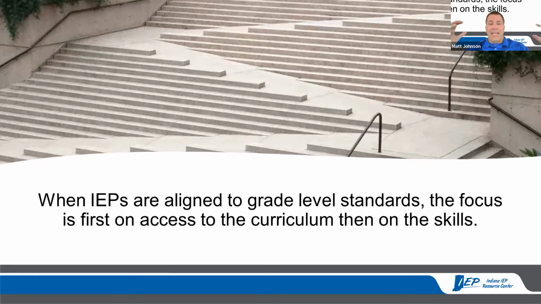And that's how you can help align to those grade level standards, really just thinking about what standards the students are going to be exposed to in the classroom, working with a gen ed teacher to have that conversation, and then doing the best you can to identify the grade level standard as it's aligned to the goal that's being written. So just to sum that up a little bit, again, we do have to choose the grade level standard, and we have 3 places we can choose, or 3 sets of standards we have to choose from.